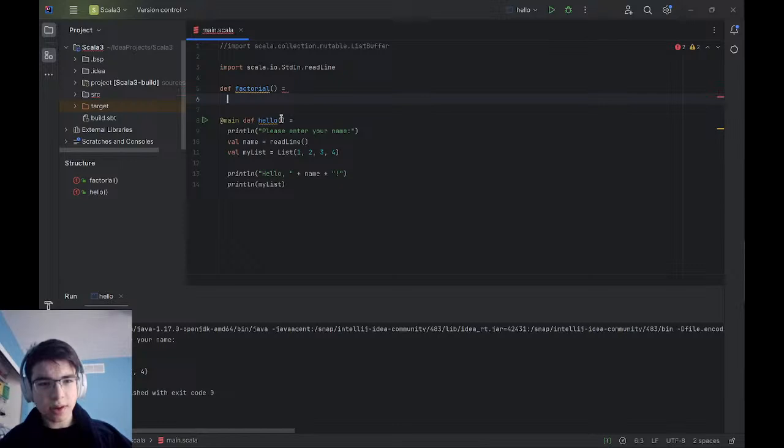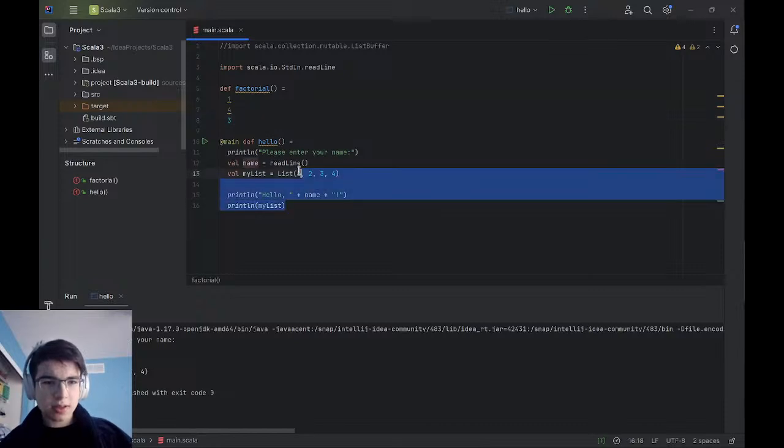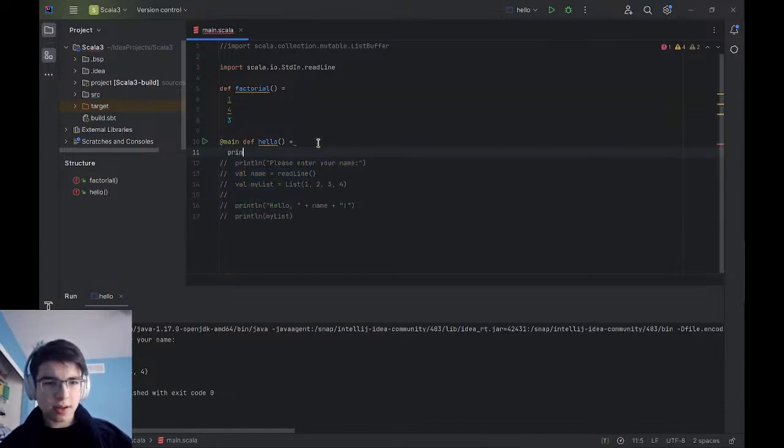And I do wonder whether you have to specify the return type. I don't think so. So even if I do this, I don't have to specify, and it will return 3. Okay, so that's interesting. So let's put this all aside for now and just println